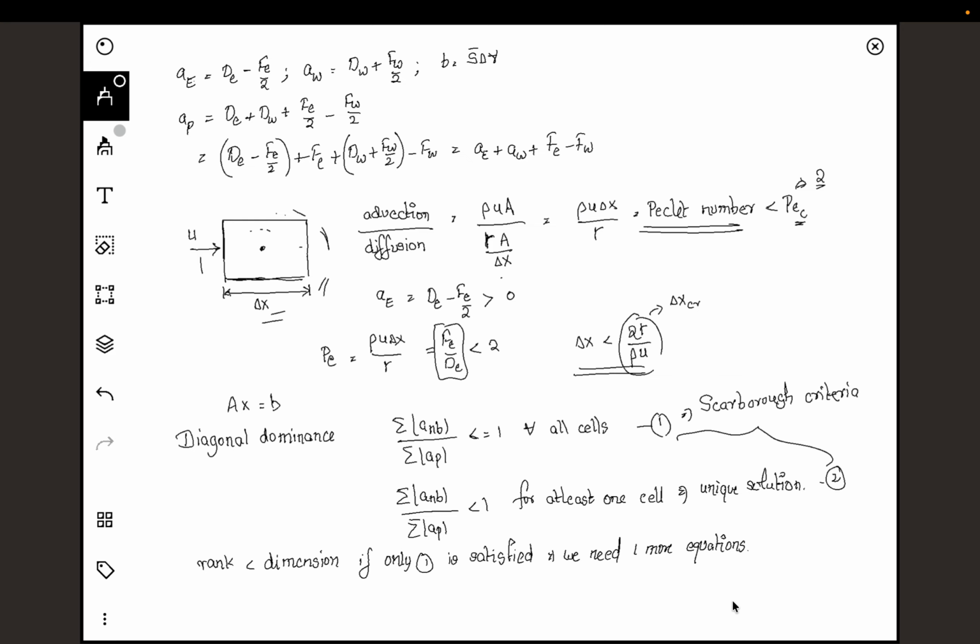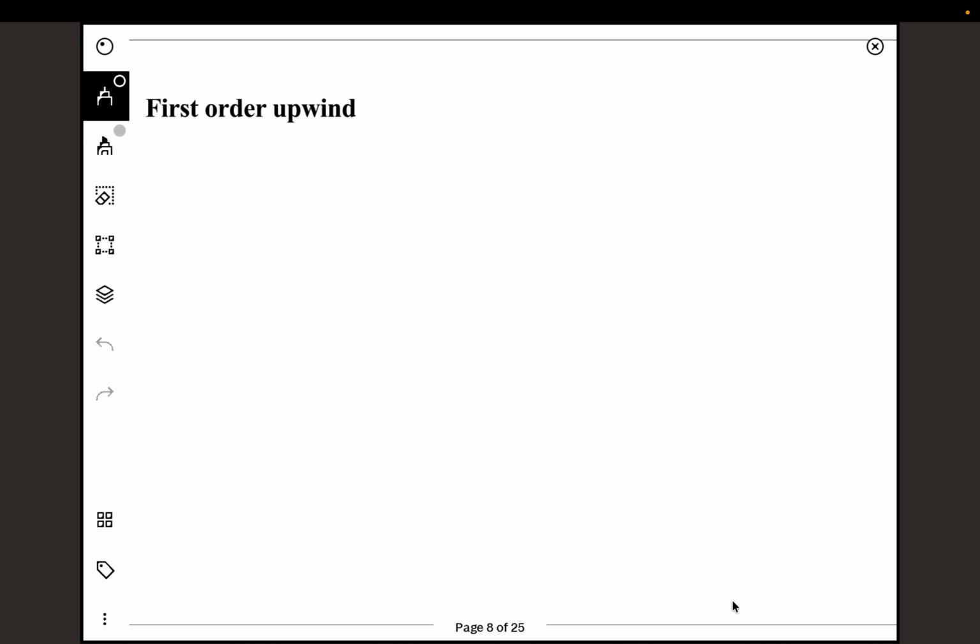Since we already know the velocity field and we are only solving a linear equation in phi, we can always calculate beforehand and say that this is the delta x that I need. But usually when we solve the Navier-Stokes equation, u is something that we do not know beforehand. So as u keeps changing, you might either have to use a very fine mesh or you end up having some other errors. So another way to go about this is to use an upwind scheme, which is a physically consistent scheme. So what we do here is